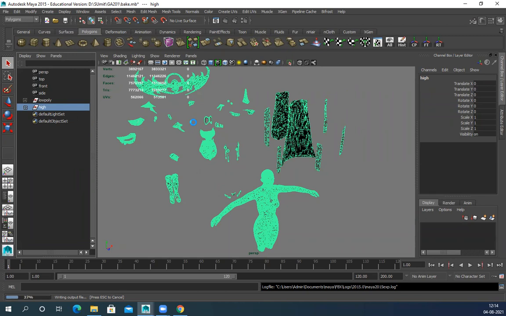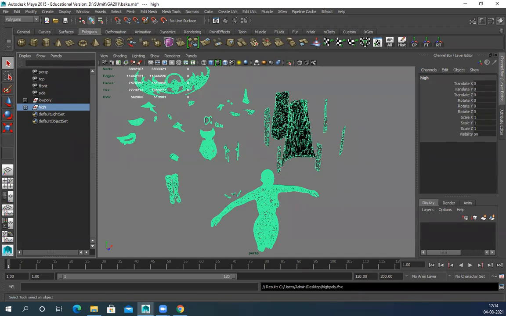And export everything. It's okay if the same model is named something else in low poly and something else in high poly. Doesn't matter. You just need to assign the file correctly. You have to open low poly, the name can be anything, and high poly also, any name doesn't matter.